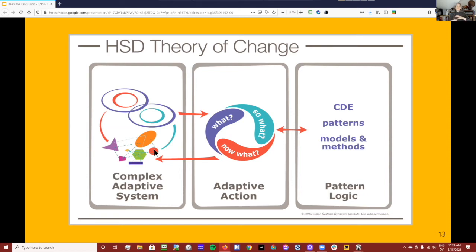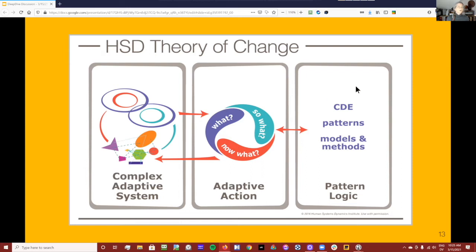So we're not talking about spending a year with what, and a year with so what. We're talking about, on a day-to-day basis, a week-to-week basis, a meeting-to-meeting basis, doing this: looking, evaluating, deciding, acting, reviewing the whole thing. But like I was saying, in this cycle of what, so what, now what, we all have our preferred ways of thinking of things, our own mental models.